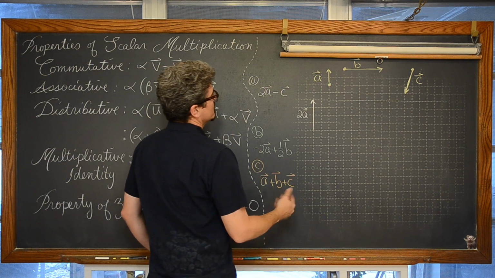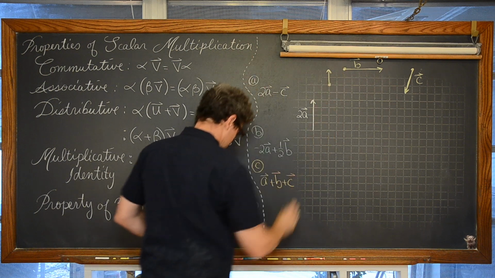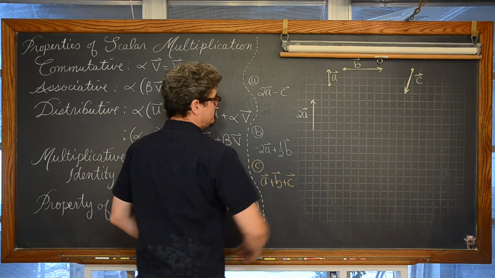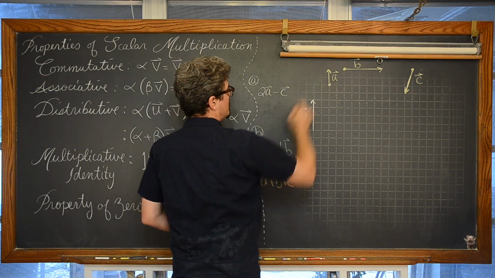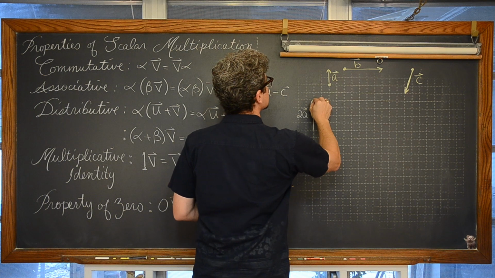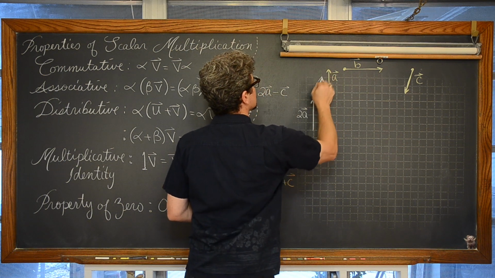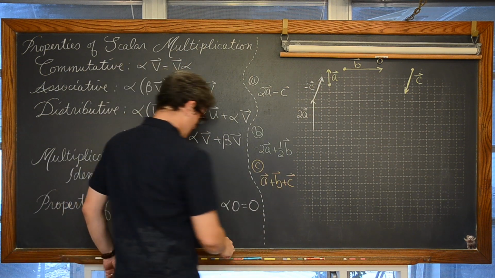Well, let's see, what do I want to do? Let's just write over this. We'll just move this name over here. And instead of down and to the left, we're going to go to the right and up. This is the opposite vector to C. And this is what the resultant looks like.